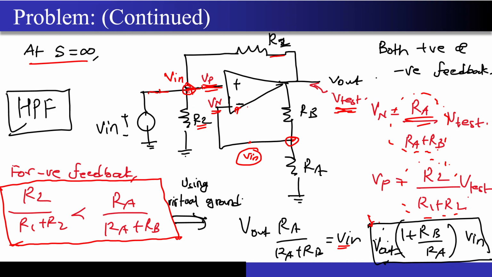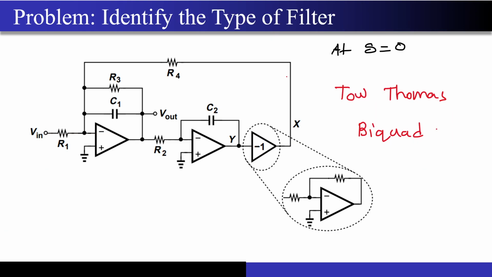Since the negative feedback has won now compared to the positive feedback, so Vin you are applying to the positive terminal, you have some kind of feedback arrangement over here that exactly resembles the non-inverting amplifier, and no wonder why we are getting the same expression over here, correct? So what does this mean? At S equal to 0, my Vout was 0. At S equal to infinity, my Vout is some sort of gain times Vin, correct? So this is nothing but a response of a high pass filter, correct? I hope that particular part is clear.